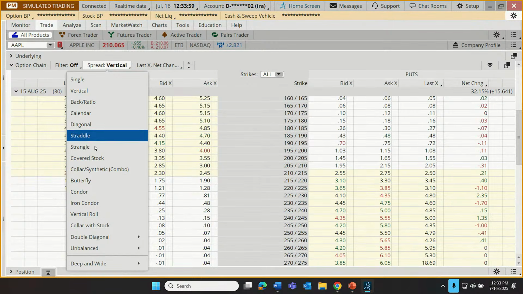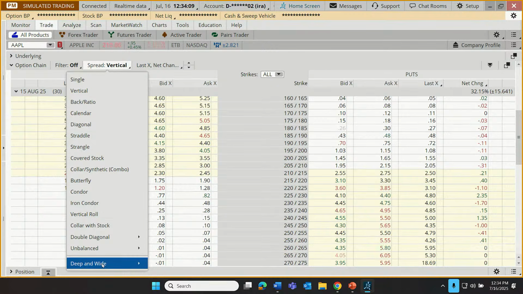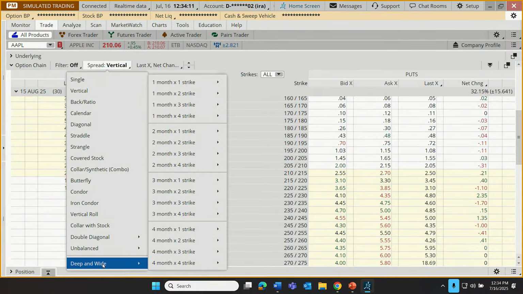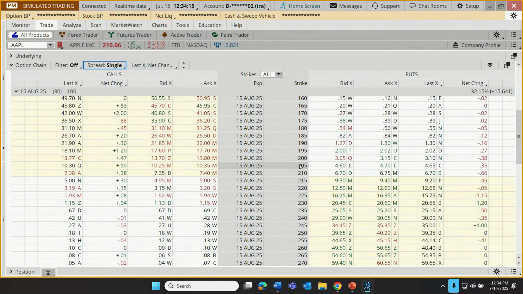Or we can choose other strategies here as well, right? So that's that feature. One other thing that I might point out here, kind of a nifty little tool for our options traders. So I'll click on this. Let's go down to deep and wide. And maybe to see this function, let's set it back to single.